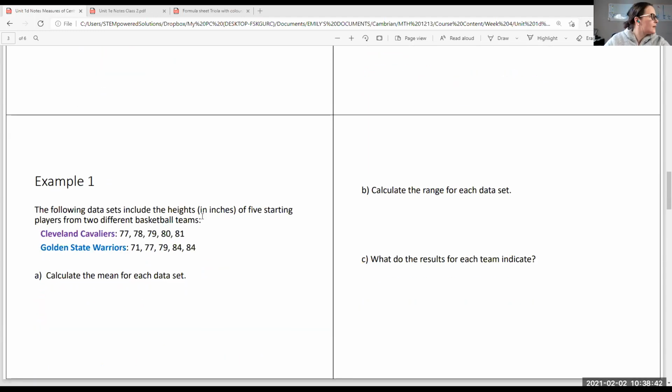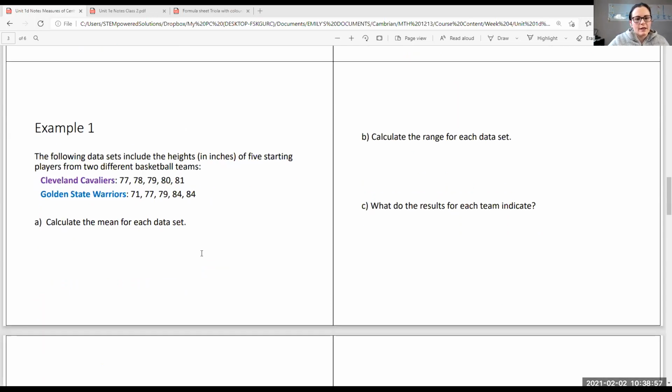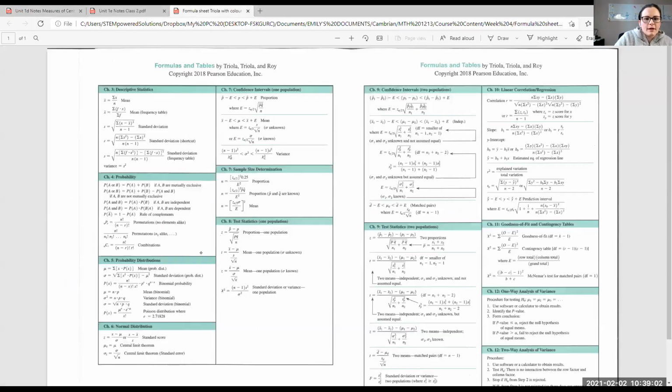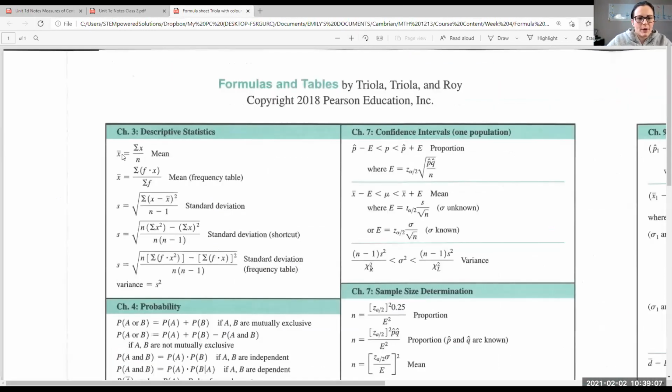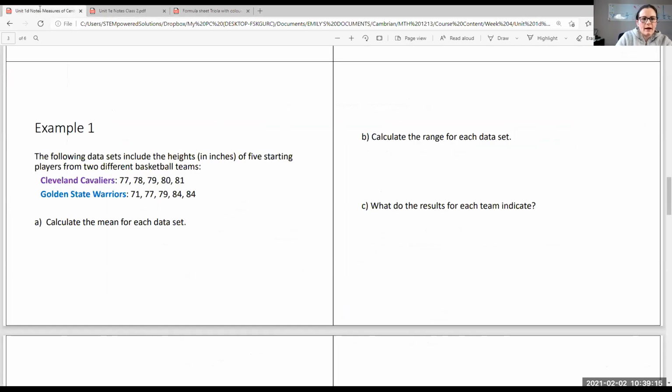The following data sets include the heights in inches of 5 starting players from 2 different basketball teams. Here we have the Cleveland Cavaliers and the Golden State Warriors. Calculate the mean for each data set. Okay, so the mean, we know from our formula sheet, if we zoom in, we know the mean is x bar is equal to the sum of all x's divided by n, or the number of data points we have. So here we have the mean is equal to